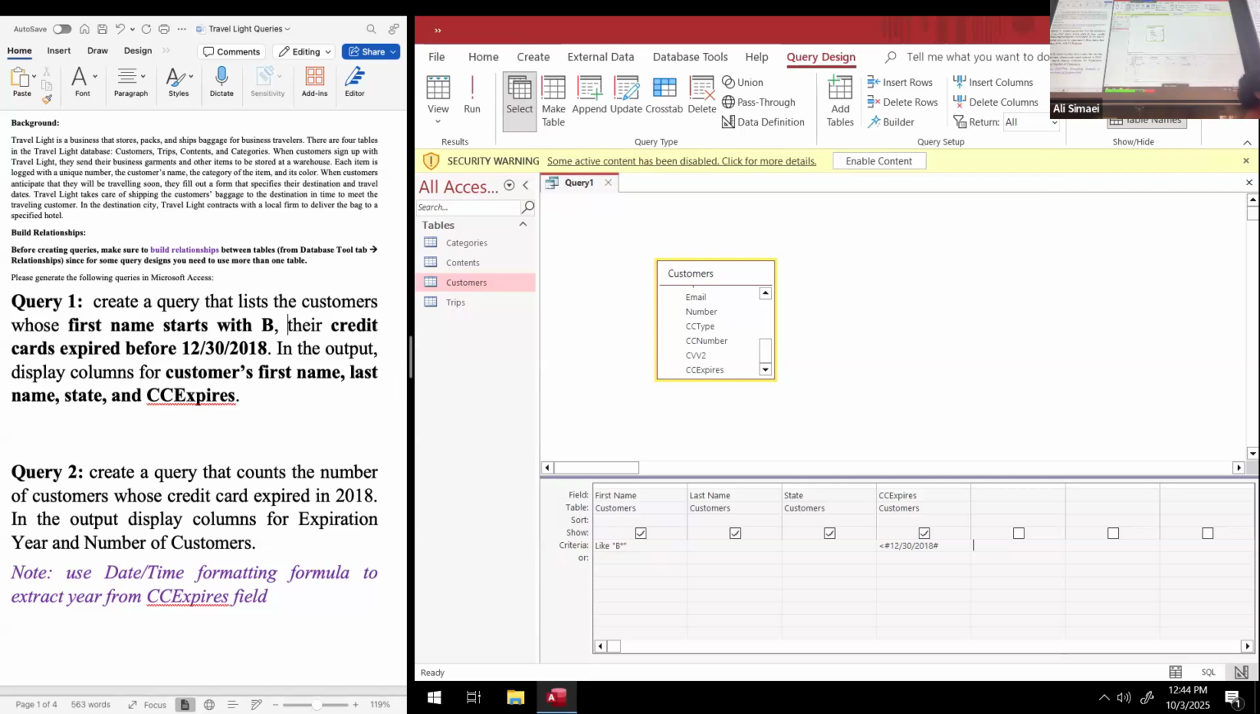Yes, like for the first name. Because it says their first name starts with B, if I don't type it, whenever we don't use the like, we are looking for an exact value. Let's say you're looking for an exact value for the first name to be, I don't know, Jack. This is an exact value, so first name is equal to Jack. But when you want to say it starts, ends, contains, that's the only time we use the like keyword. So here, we want to say it starts with B, so we type B star